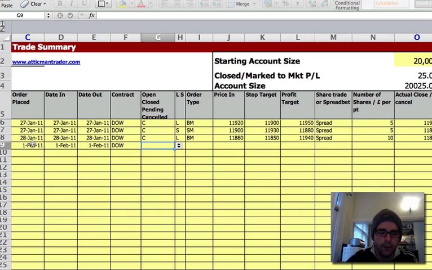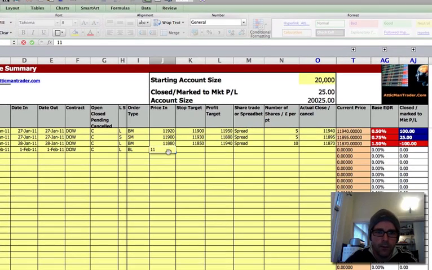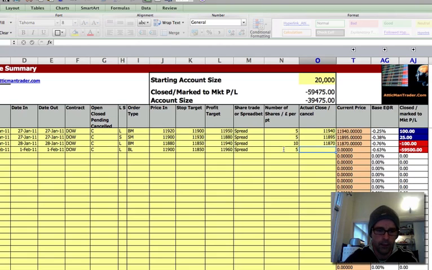It was a Dow trade. It's a closed position. It was a long trade. This one I went in using a limit order. The price that I went in at was 11,900. My stop target on this long position was 11,850, so a 50-point stop, and my profit target was 60 points. It was another spread bet. It was a £5 per point trade, and I closed this position just below my profit target for a £250